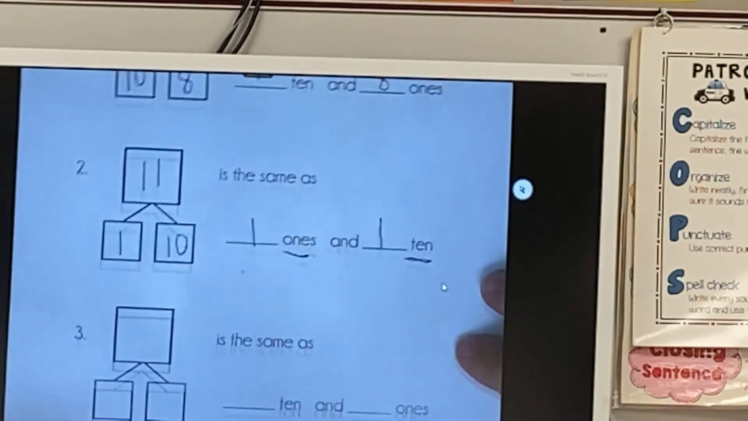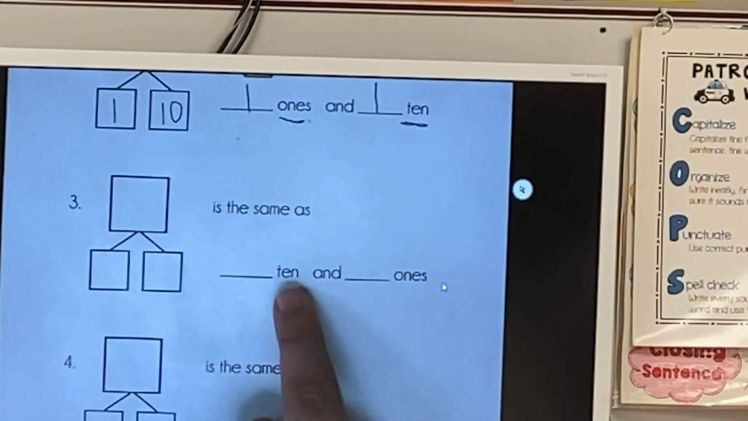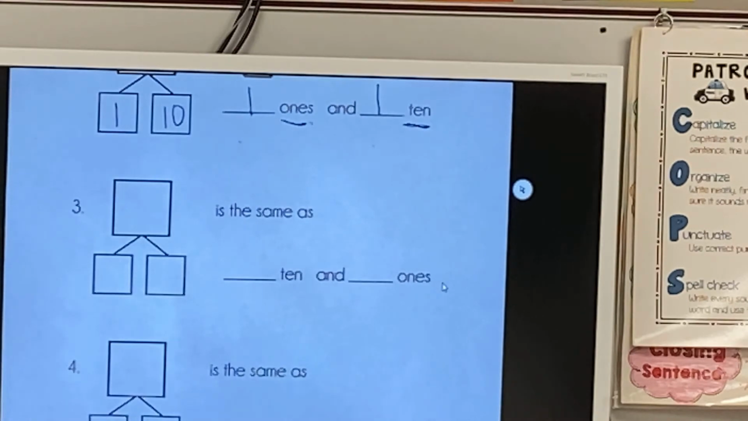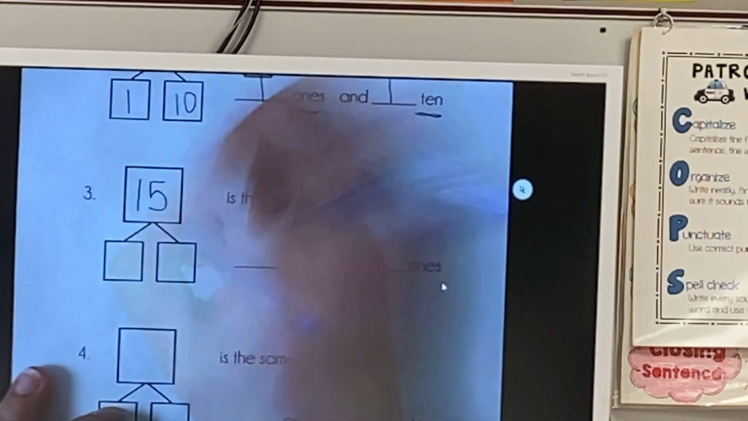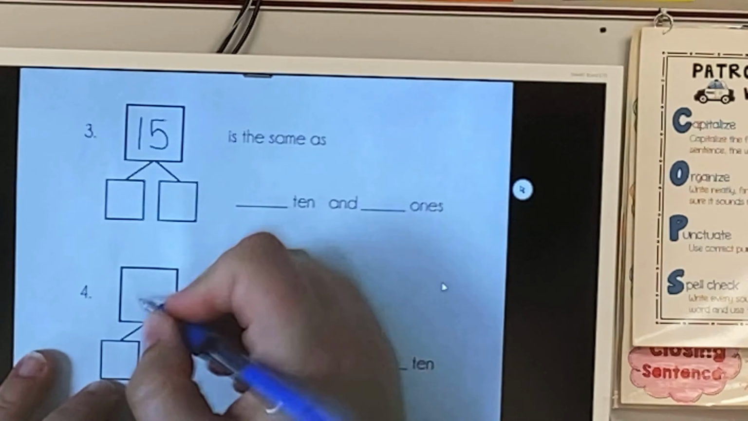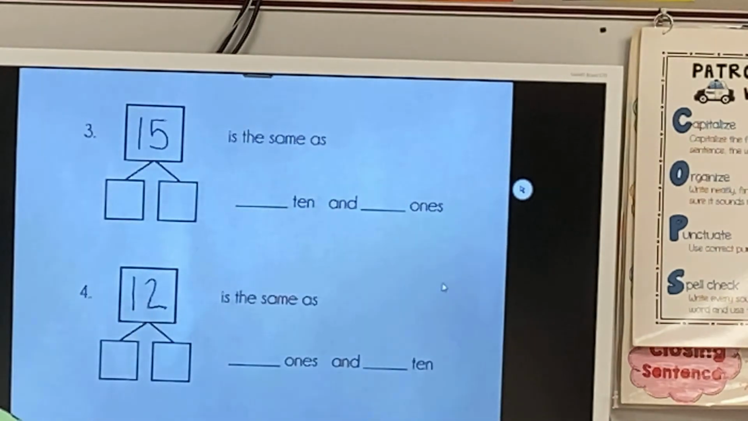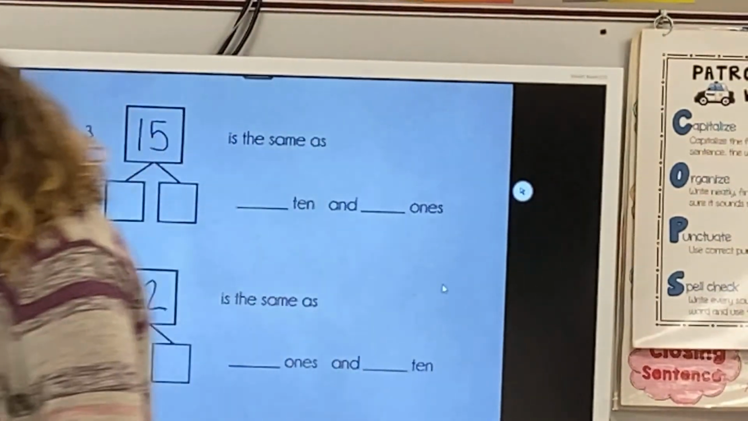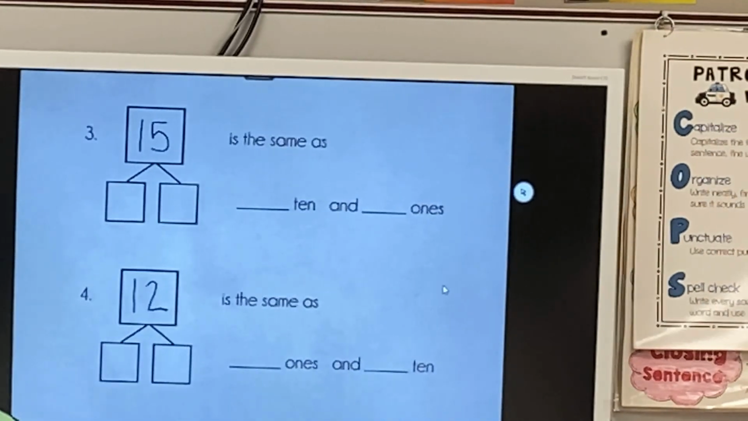I want you to do number 3 and 4 by yourself, but read the words because they're mixing them up there. Oh, you're going to have to know what numbers to do. Let's do 15 and 12. Okay, so write 15 and write 12. 12 is the, okay, so 15 is